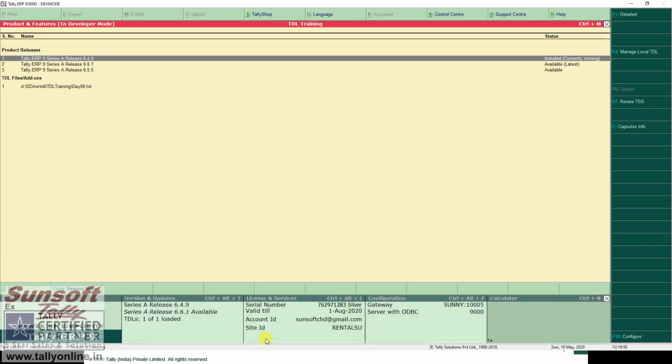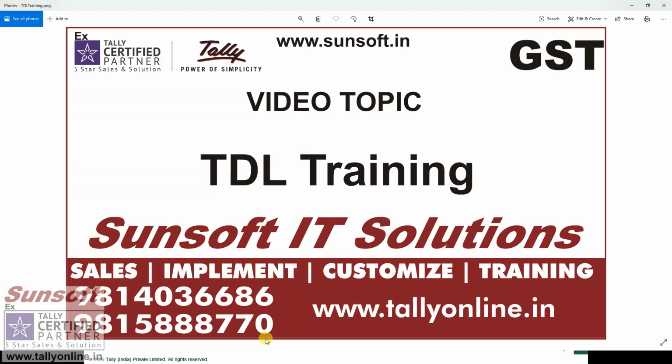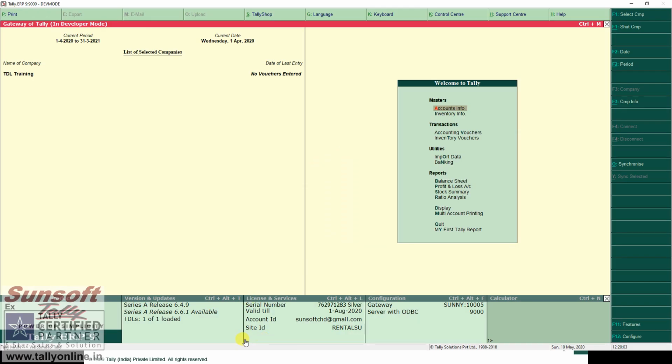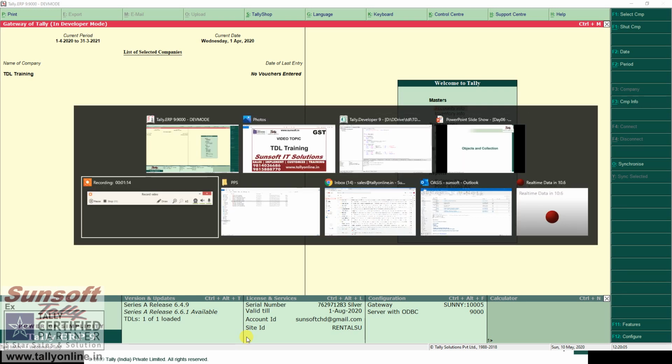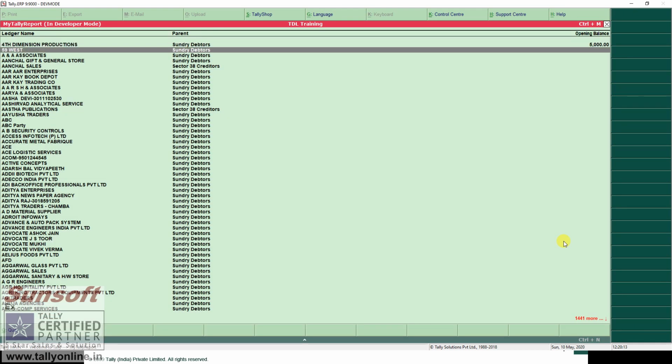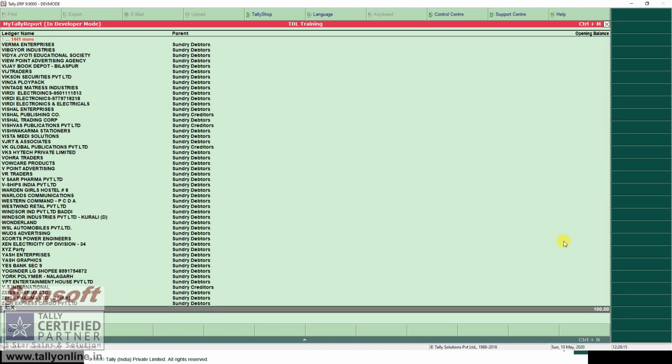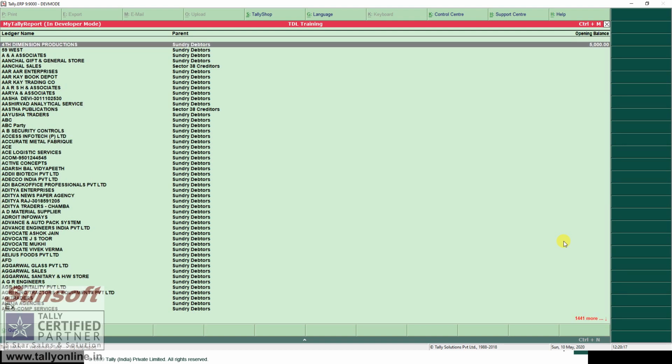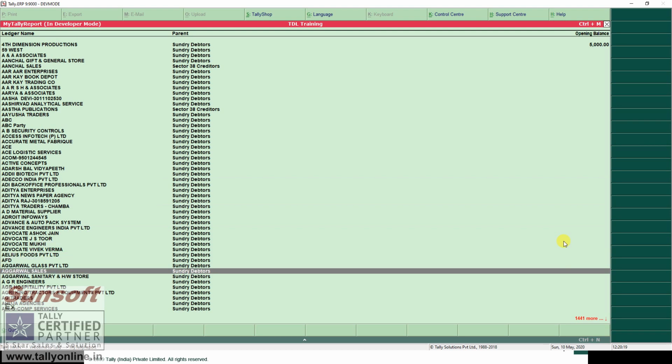Now the things are set. So let us start. Now that day we saw that we can see a list of ledgers through TDL. This was my report and there were opening balances that I want to total.